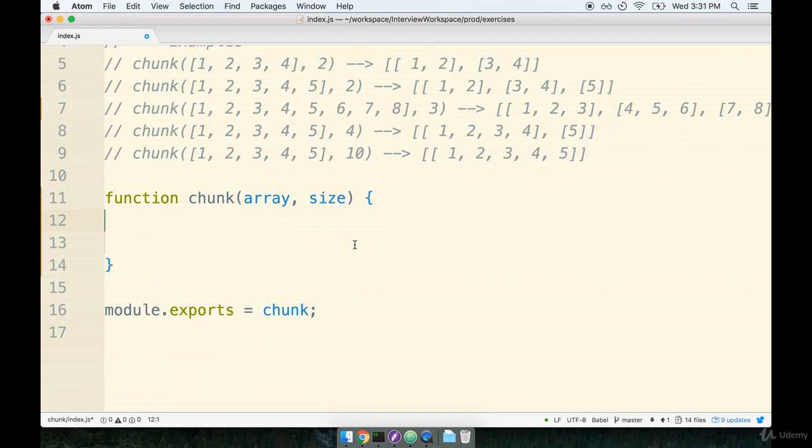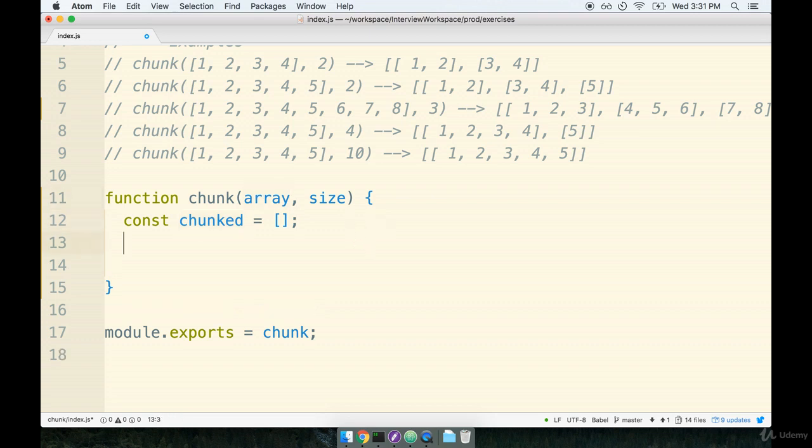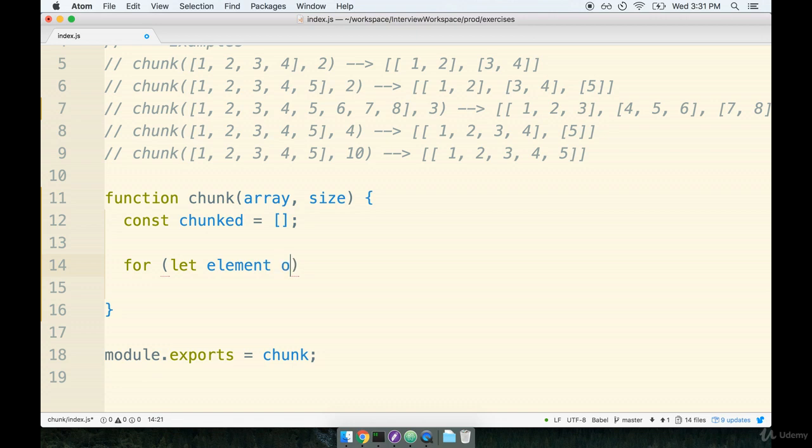So remember, step one is to declare a new array that is going to hold all these different chunks. So I'm going to create a new array. I'm going to call it chunked to say, hey, this is the array that holds all the different chunks of data. Next, we will iterate through our original array of elements right here. To iterate through the array, we're going to use the for of helper again. So we'll say for let element of array,